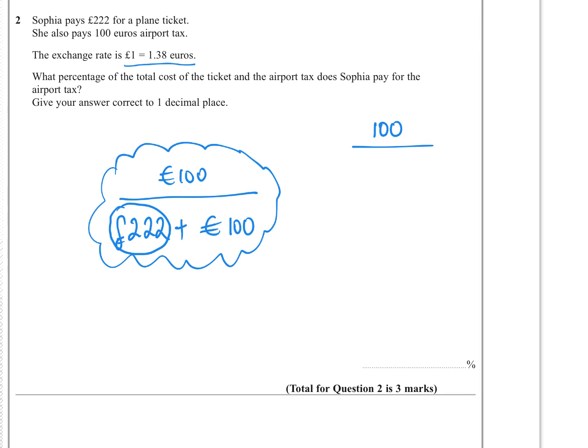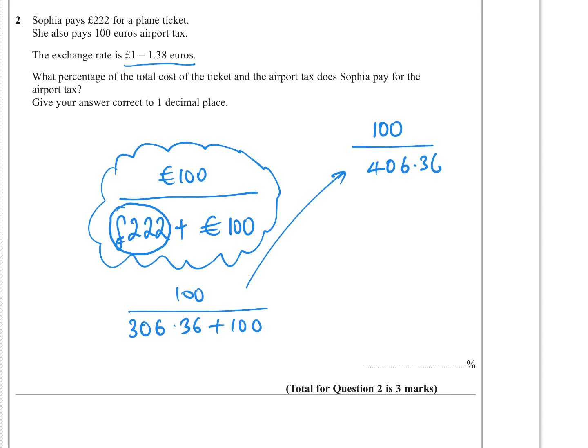So I'm going to do 222 times 1.38, so that gives me 306.36. That should have gone up here, so I'll just do the denominator as 406.36. So if I do that, times it by 100